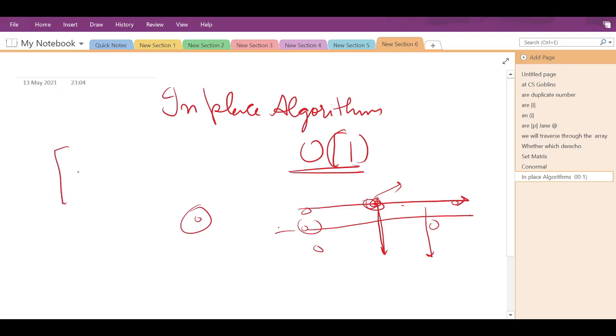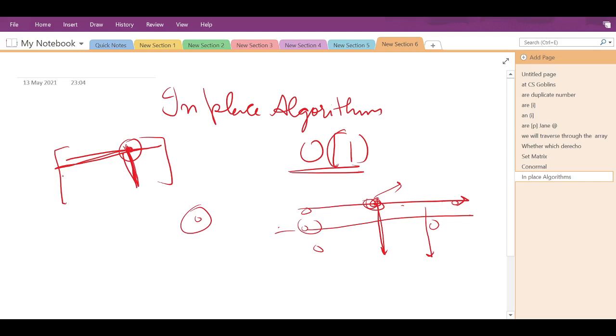Let's suppose in a matrix, while we are traversing a row, we find that this element is 0. For this, we will run a loop in that particular row and put all the elements to 0 and put all the values in that particular column to 0.